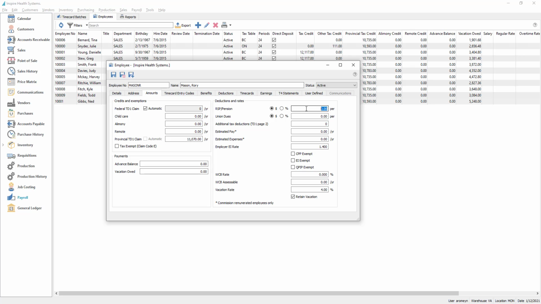Okay, whether they have RSP, percentage, or dollar amount, union dues, percentage or dollar amount, extra tax deductions that they've asked for, and that's on their TD1 form as well on page 2. Estimated pay and estimated expenses are for commissioned employees. So estimated pay will even out their tax calculations throughout the year. And estimated expenses will reduce their tax calculation because they have write-offs for expenses. Okay. EI rate 1.4 is standard, but sometimes when you have a disability plan, you will be assigned a different rate. You can put that in,